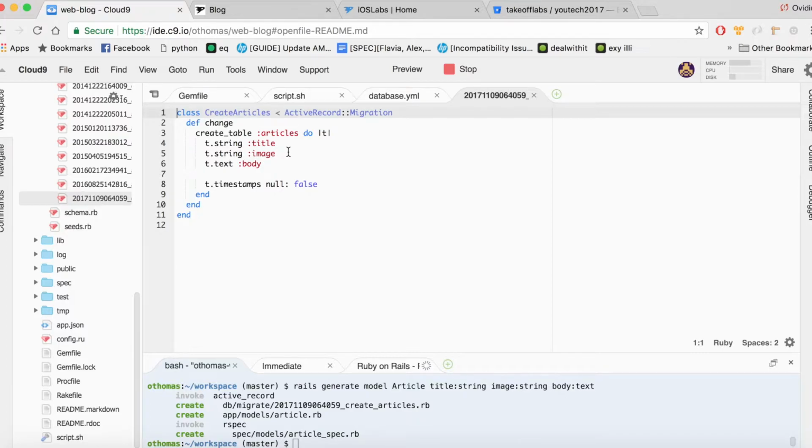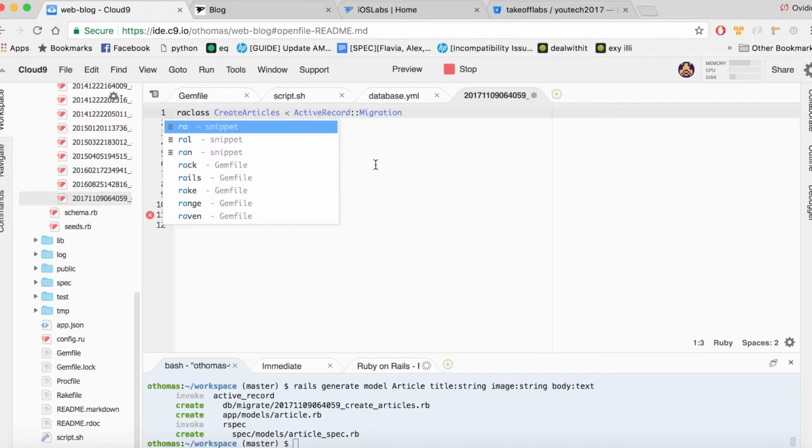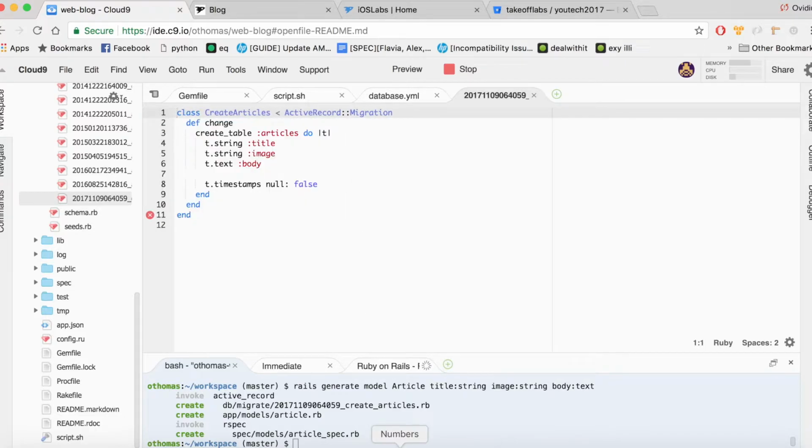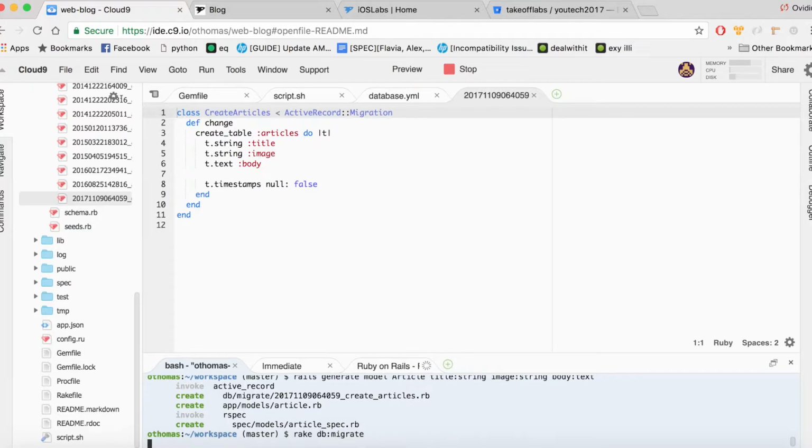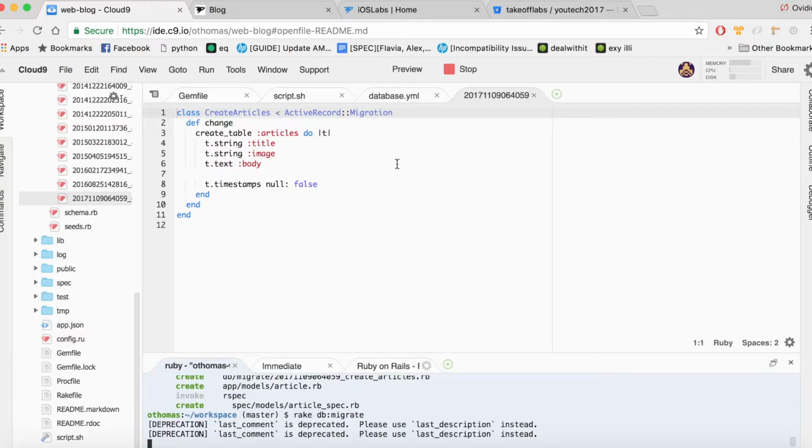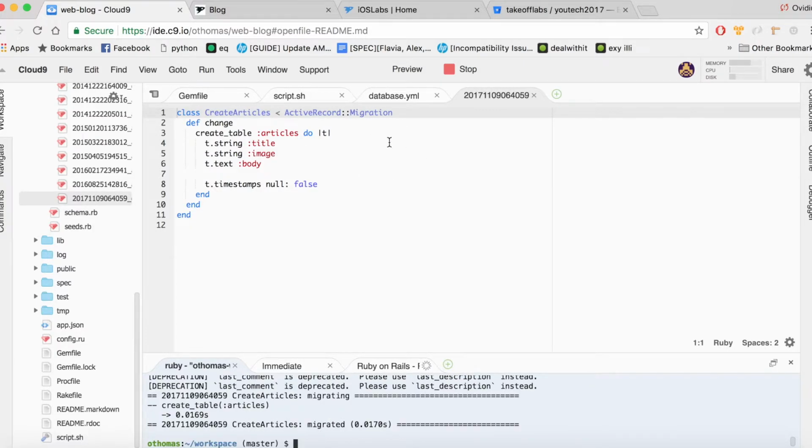Right now this change in the database has not been done, and we need to execute another command, which is rake db:migrate. This will execute our pending migrations, which is this is the only one pending, and as you can see it has been migrated. Okay,